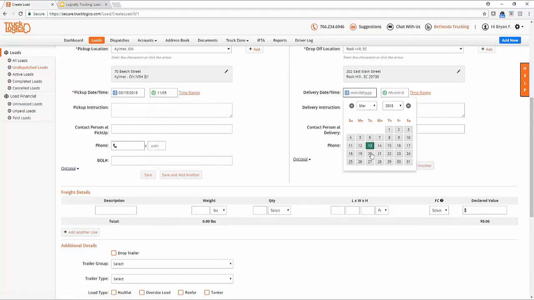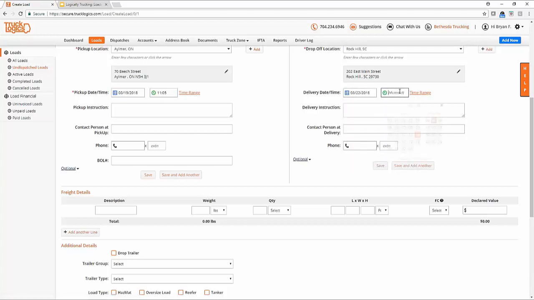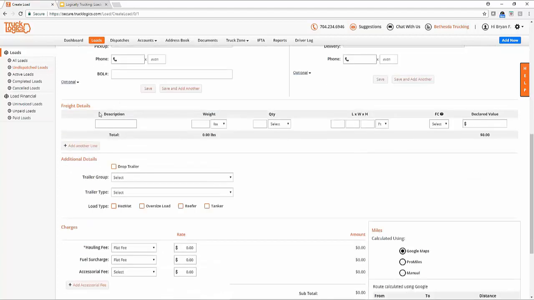And then we'll go over here, his drop-off date. We'll make it that. Here, of course, we have our freight information, which will then be used to populate the bill of lading. You have your description of your items which you're shipping. So we'll say he's delivering pom-poms, for instance, and you can specify your weight in tons. So he's got 50 tons of pom-poms,